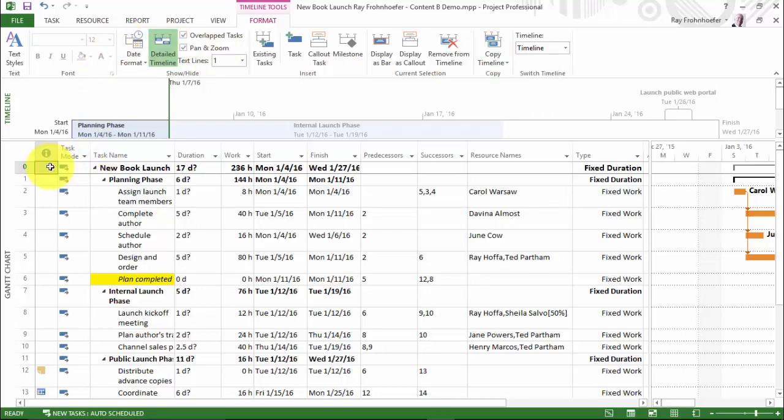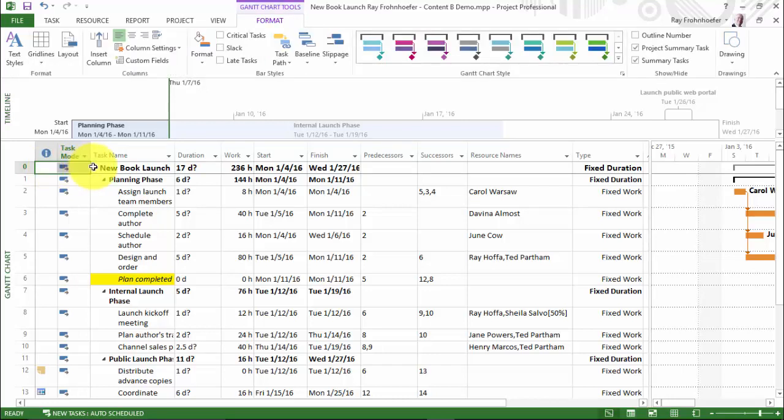Coming to our Gantt chart, however, we've got a table. Now, any table, including the entry table, can be copied and pasted into any other Microsoft product that supports tables, which would include Excel, Word, and PowerPoint. Let's copy the entry table.